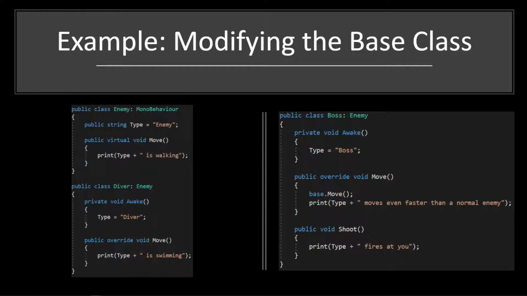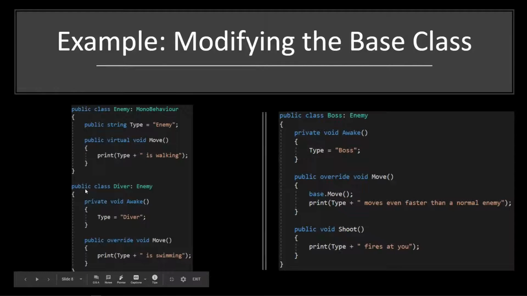So here's an example of modifying the base class. All right, so in this case here, hopefully you see, we have an enemy which inherits from this mono behavior. And the enemy has a basic thing it can do. It can move. And we know that other enemies that we create may have their own move routines, but we know they're also going to have this type. So they'll always have a type, and they will always have a move, but this is the basic one that we'll use if they don't provide one of their own, right? So then we could derive things from here.